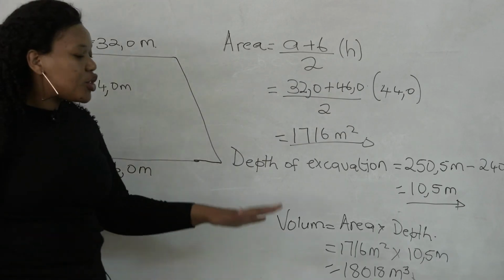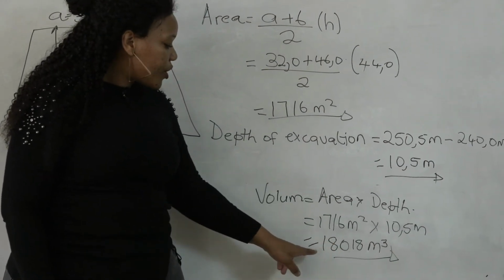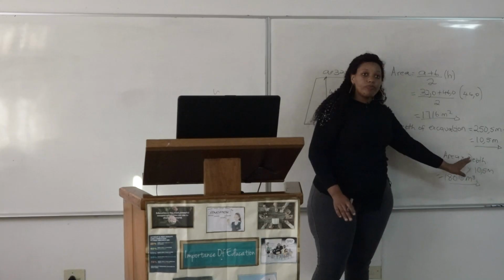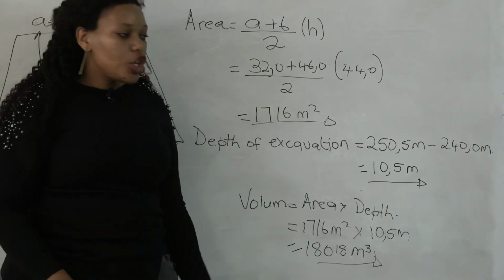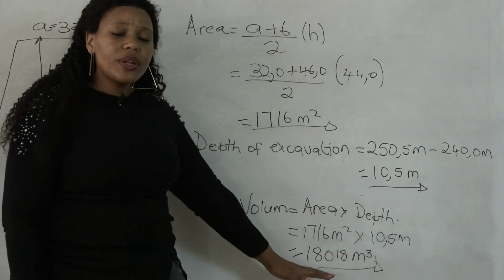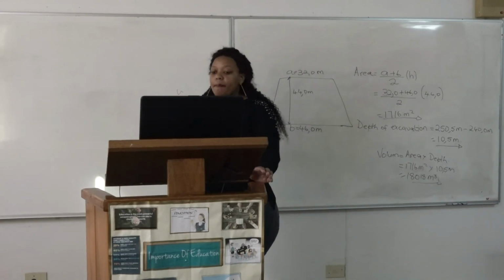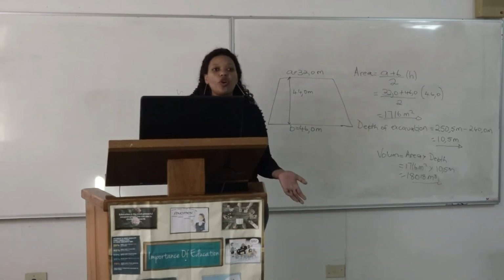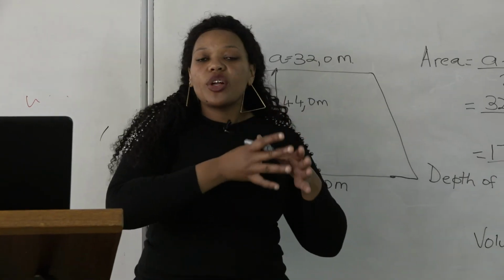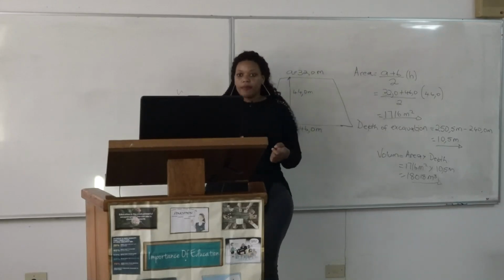Okay, and don't forget to leave the unit measurement, because here, if it was 18,018, just only, you didn't put cubic meters, then your answer will be wrong. You should always put your unit measurement. When you are calculating for volume, the unit measurement for the volume are in cubic meters. And also for triangles, you should see what you are given so that you'll be able to know which formula you should use. Okay,